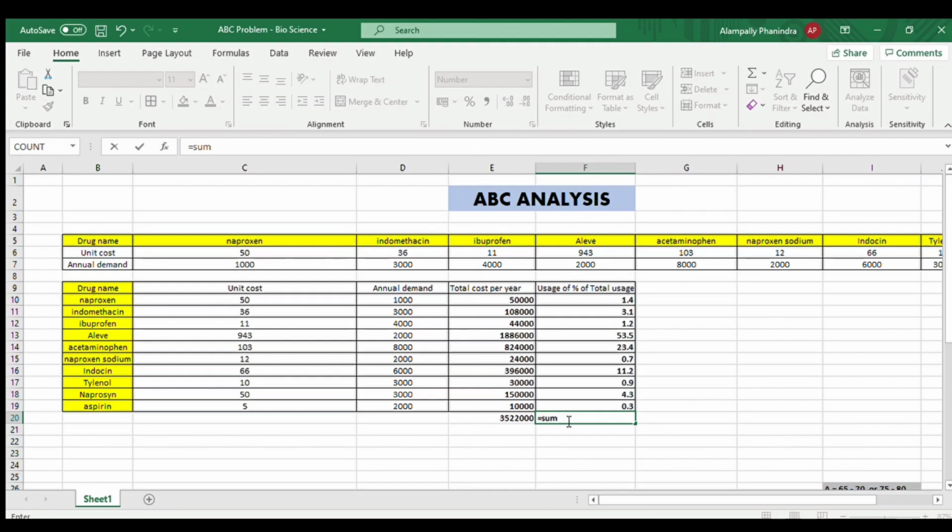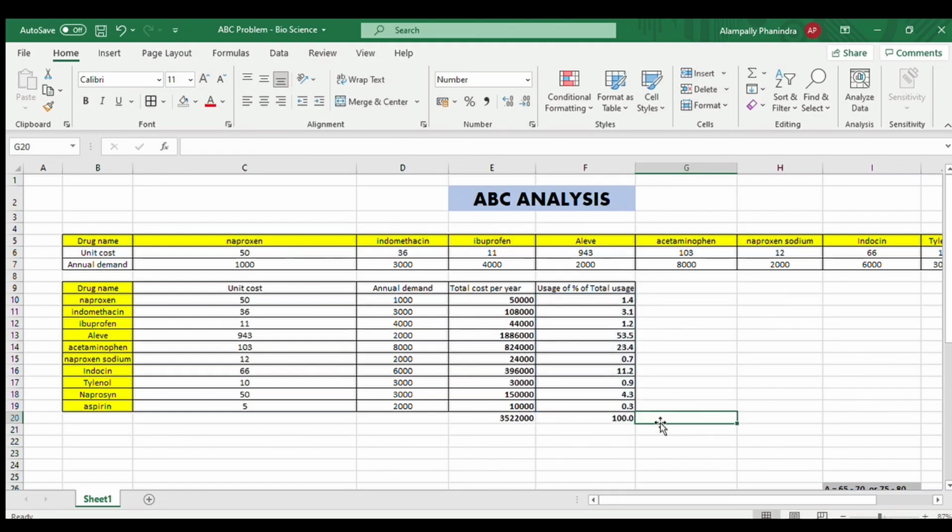You will have a function called sum in your Excel, and then you are going to select all of these values, because you are going to do addition for all of them, close the bracket and press enter. So 100. Not only for this problem which I have given, for each and every type of question or situation which you get, here you need to get 100. It may be any type of problem, it should get 100. If you are not going to get 100, then the problem which you are going to do will be false. So prevent that. Make sure you get 100 as the total of total usage.